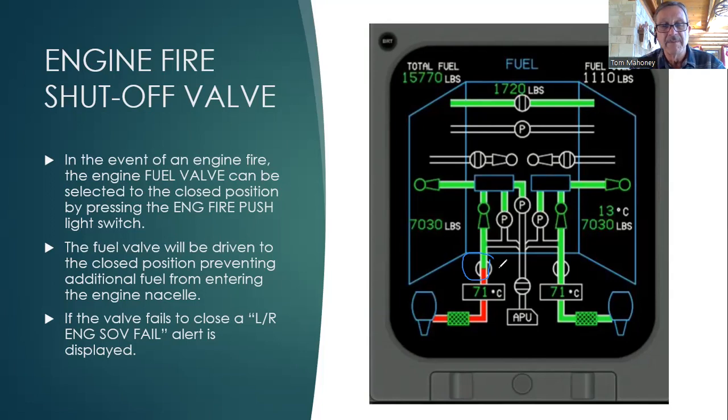So FATFIS, keep that in mind. We'll talk about it later. So the fuel valve will be driven to the closed position, preventing additional fuel from entering the engine nacelle. That's a good thing. If the engine's on fire, you certainly don't want to keep feeding the fire, especially with